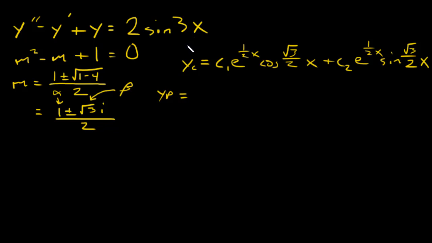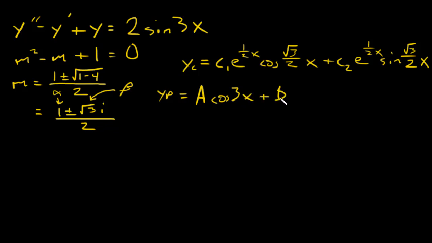The reason is a lot of times you're going to wind up with two solutions for your y sub p, one of which is the sine, the other is the cosine. So we're going to put both of them in as our initial guess and see how it works. I think it'll make a little more sense once we get into it. So our guess is going to be a times cosine 3x